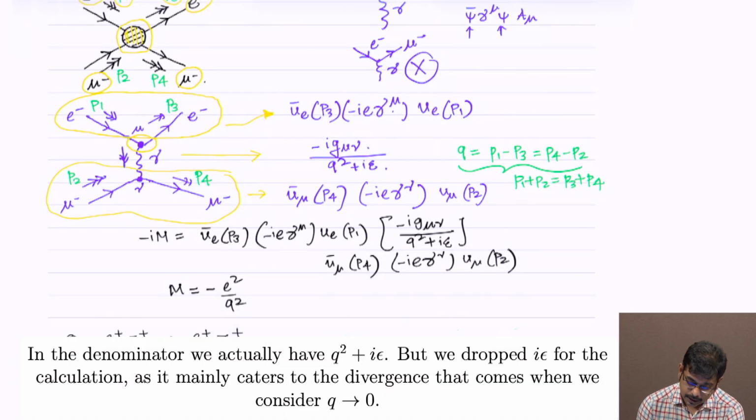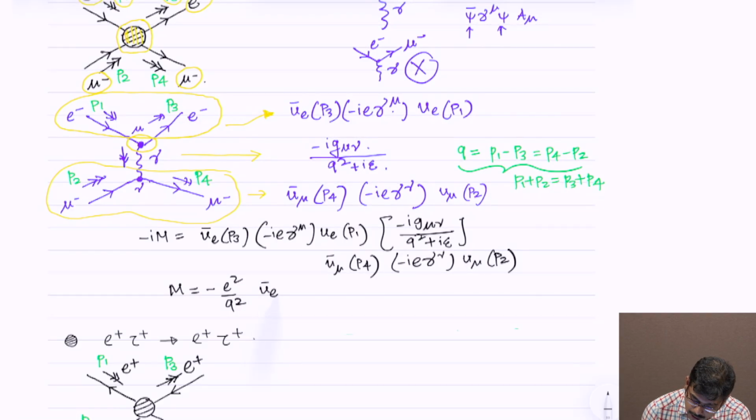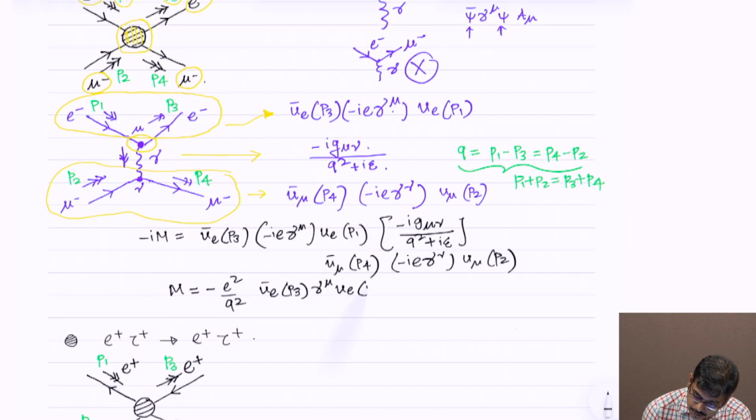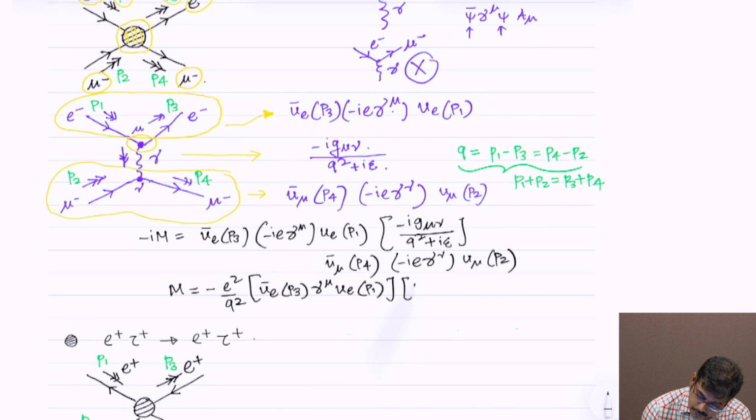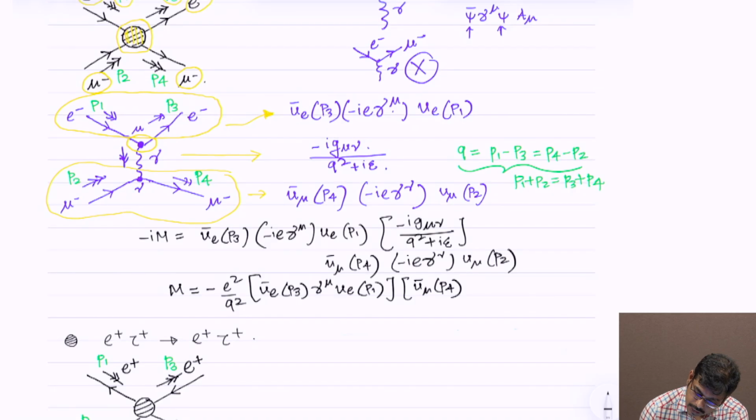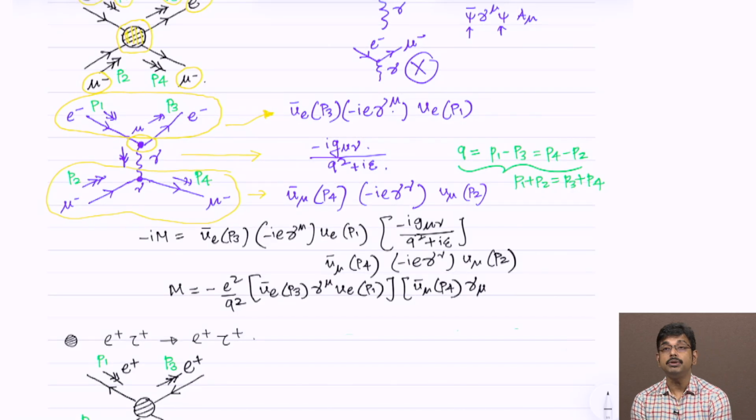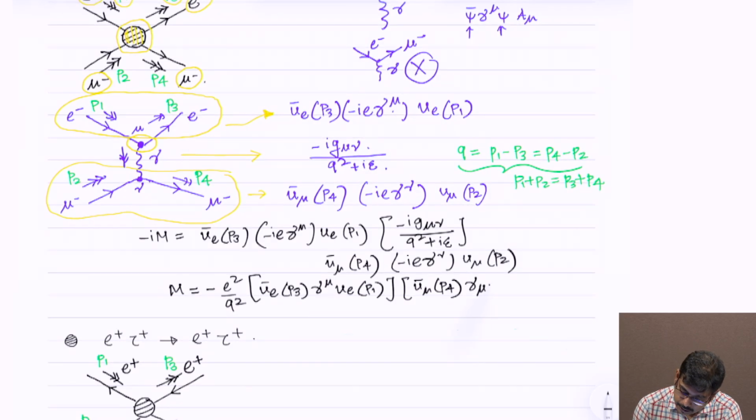So, minus e² by q², and then you essentially have ū_e(P3) γ^μ u_e(P1) into ū_μ(P4) γ_μ, just because after g_μν has operated, the ν becomes μ covariant index,